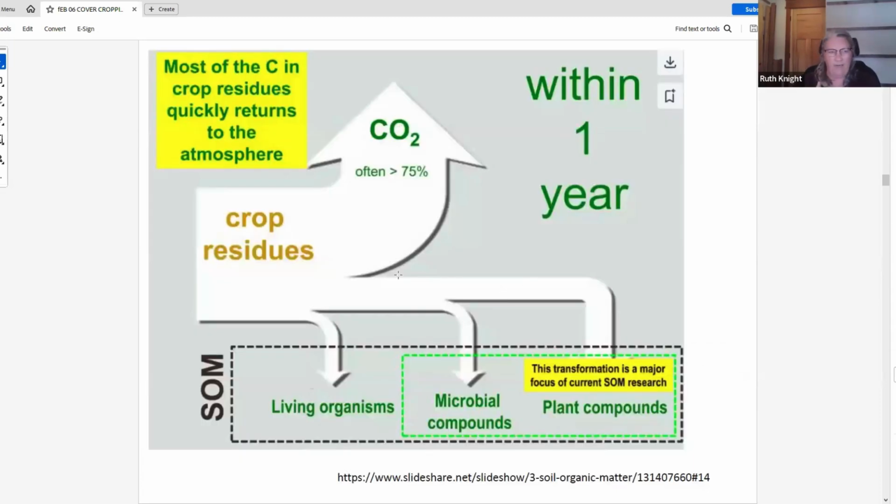And again, reminding that soil organic matter is built through crop residues, as well as the living organisms that are feeding on those residues and the root systems. And for the most part, the crop residues are returning, the breakdown of that are returning carbon to the atmosphere fairly quickly. But the root systems are the components that are really helping to build the transformation of soil